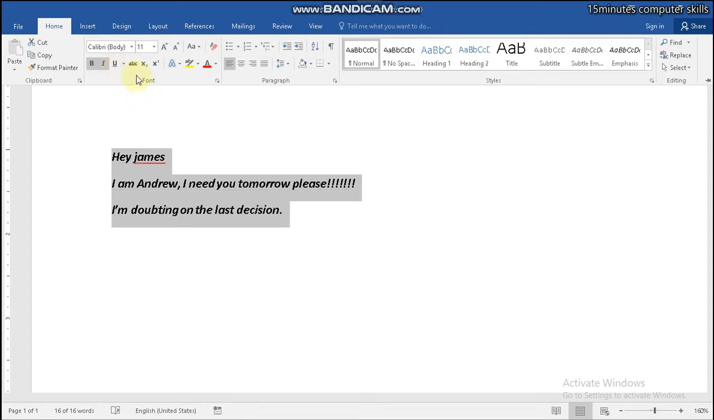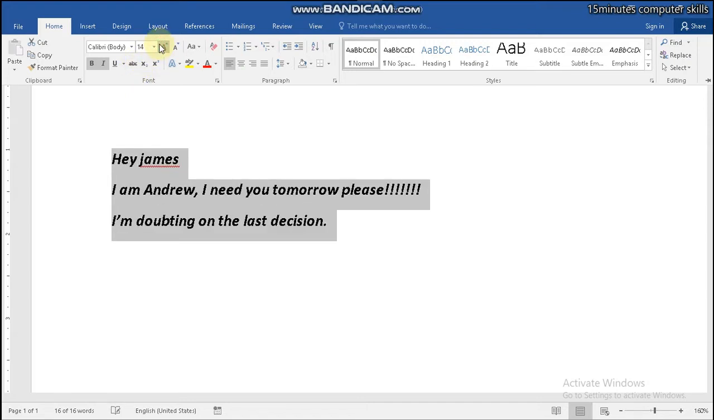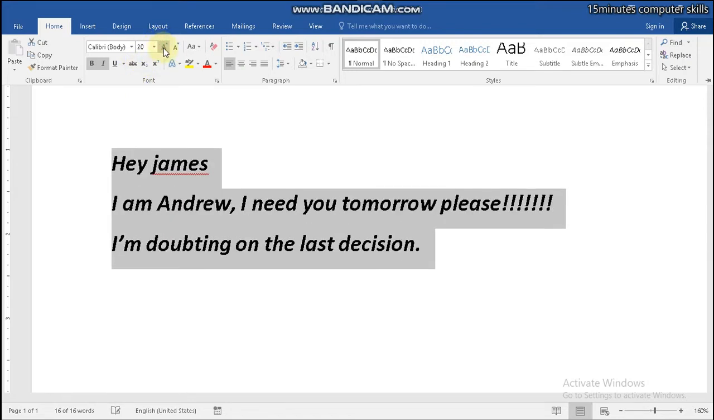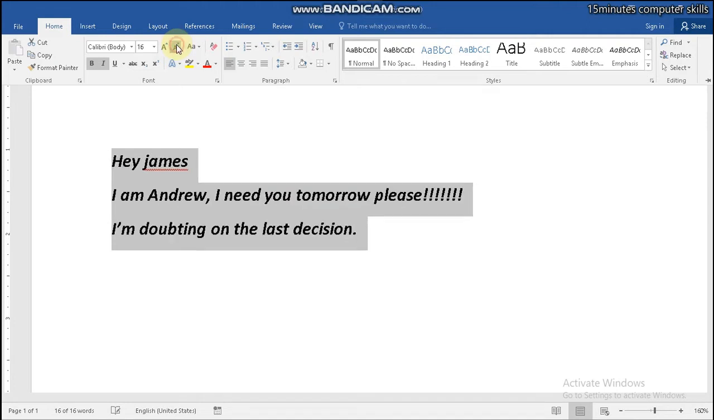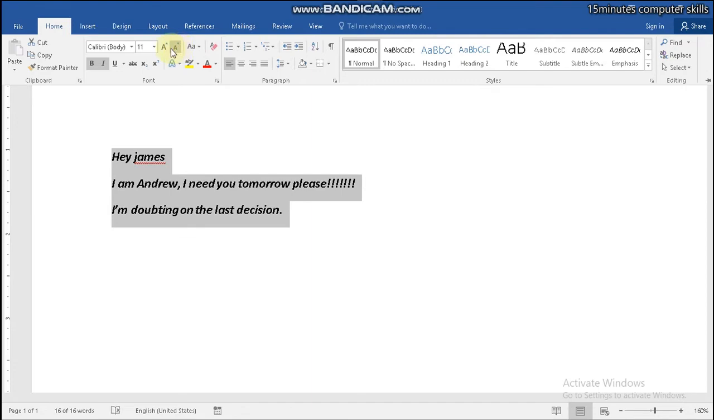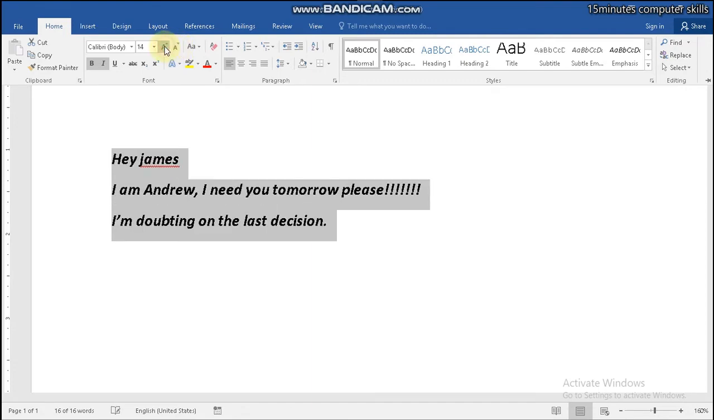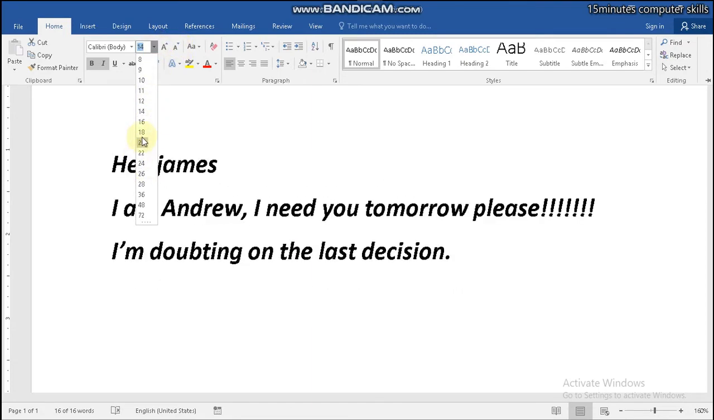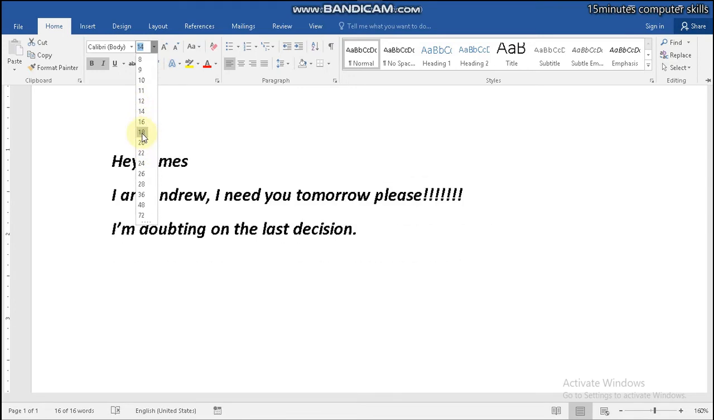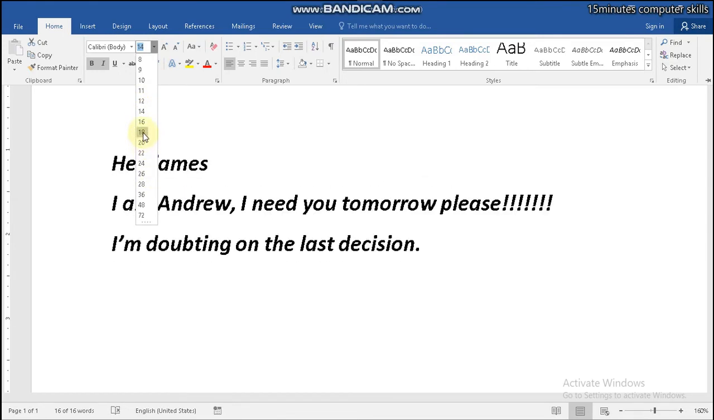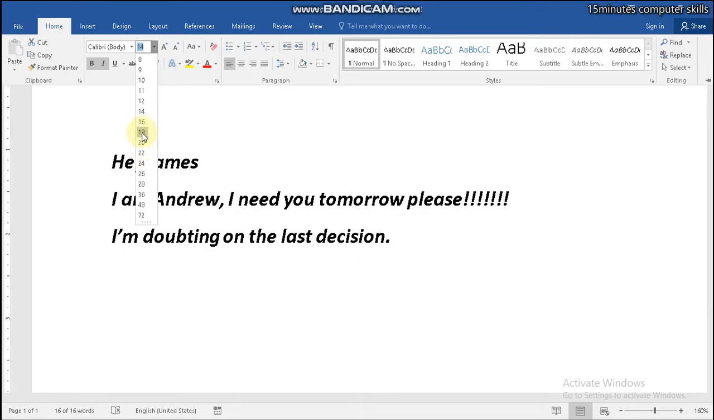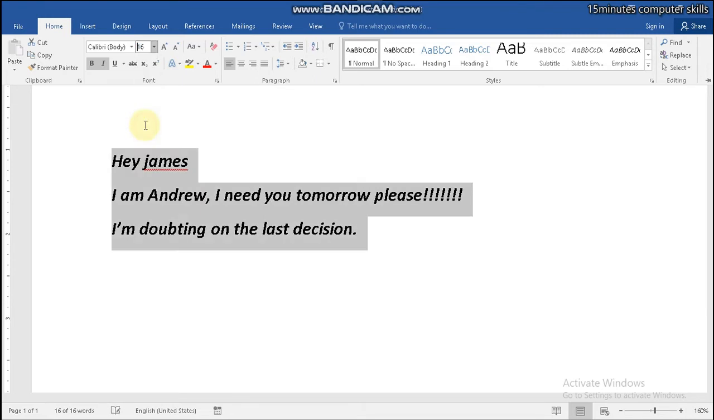Then we can increase the size of our text. You see guys, as you click here, the size of our text increases. As you click this small decrease icon, it reduces the size of our text. Or you can select manually and pick your favorite text size. Maybe let me pick 16. You see guys,